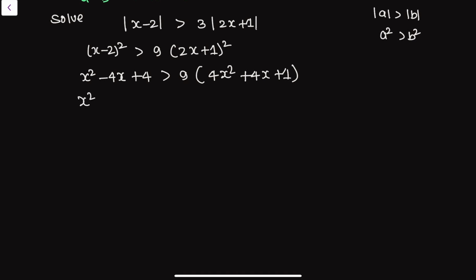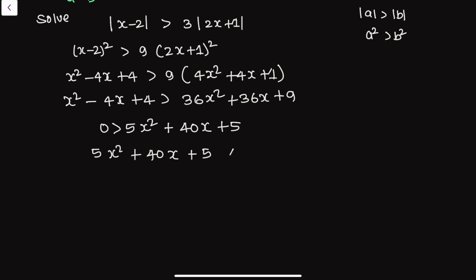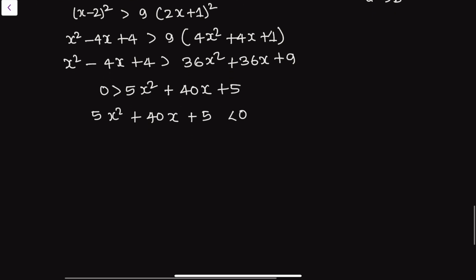We can simplify it further. We get x square minus 4x plus 4 is more than 9 4s are 36 x square. We can distribute this 9 inside the bracket, plus 36x plus 9. We can collect all the terms on one side, so 0 is more than 36x square minus x square is 5x square, 5x square plus 40x plus 5. We can rewrite this in a different way, that is 5x square plus 40x plus 5 is less than 0. Since this entire equation is divisible by 5, we can divide it by 5 and we get here